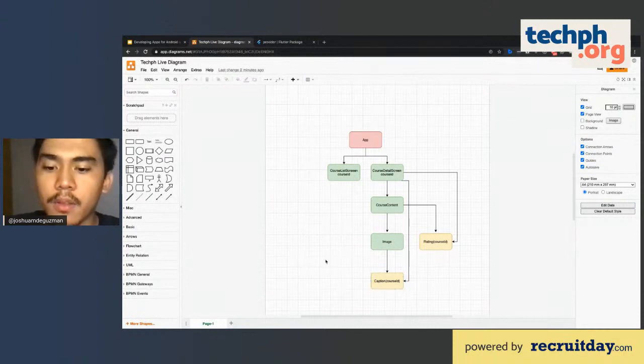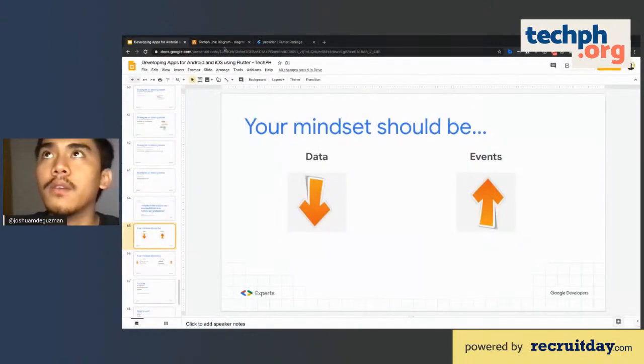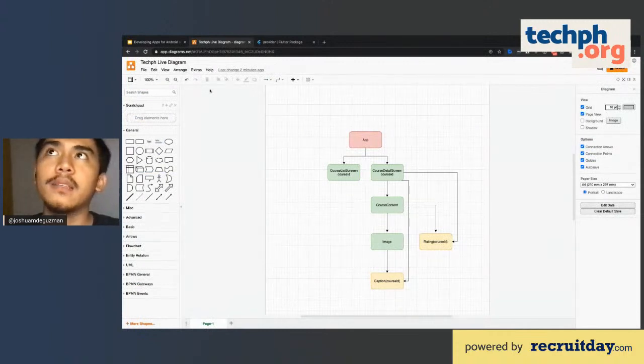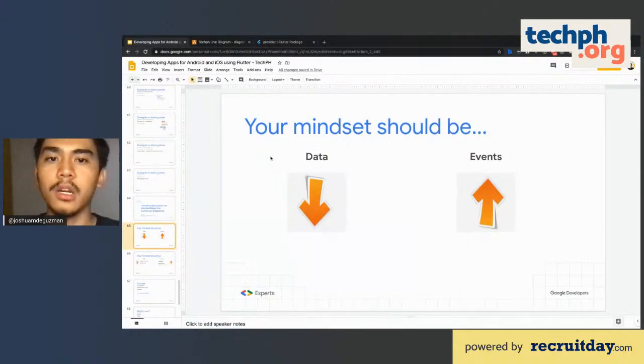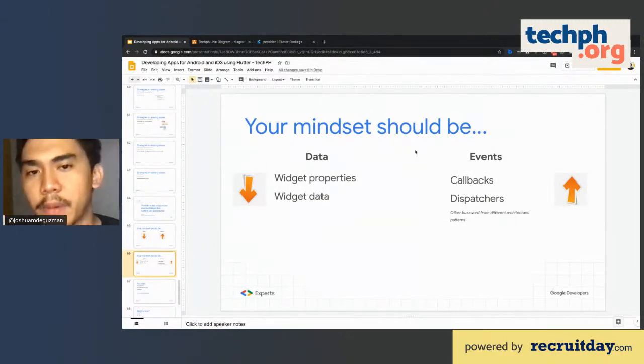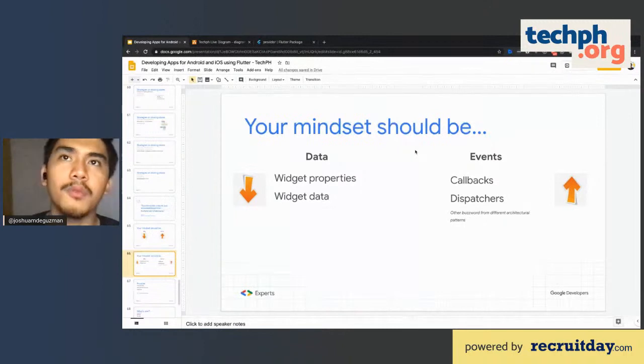So the thing you have to remember is that whenever you're dealing with data, pass it down below the tree. You don't want to pass it above the tree. Instead of passing the data above the tree, you can pass events. Events can be callbacks, dispatchers, or other buzzwords you would normally encounter when using an architectural pattern.